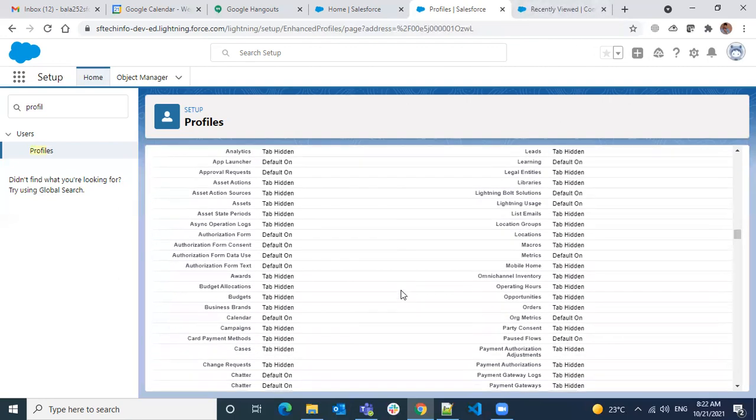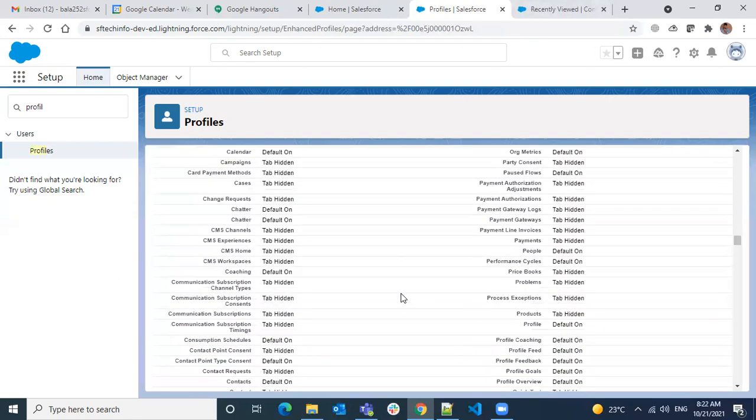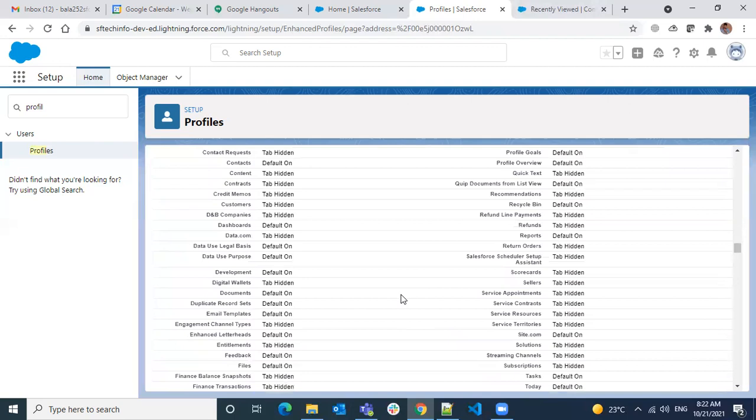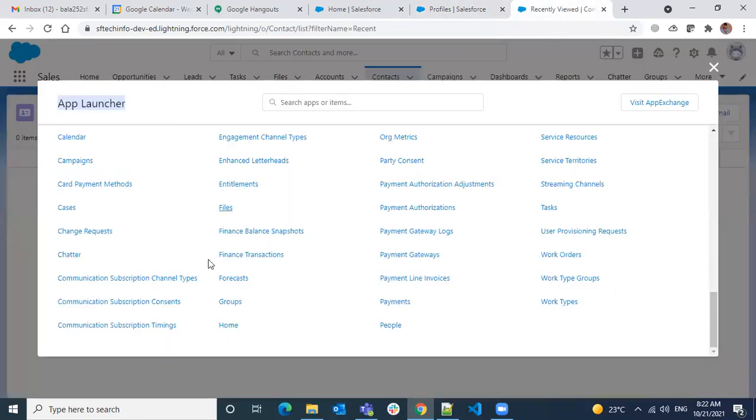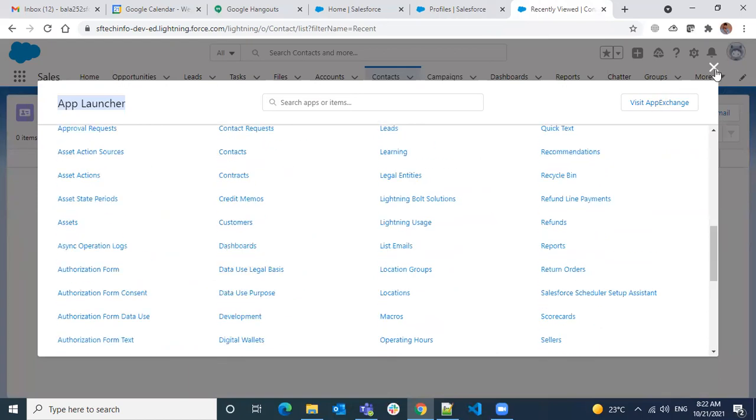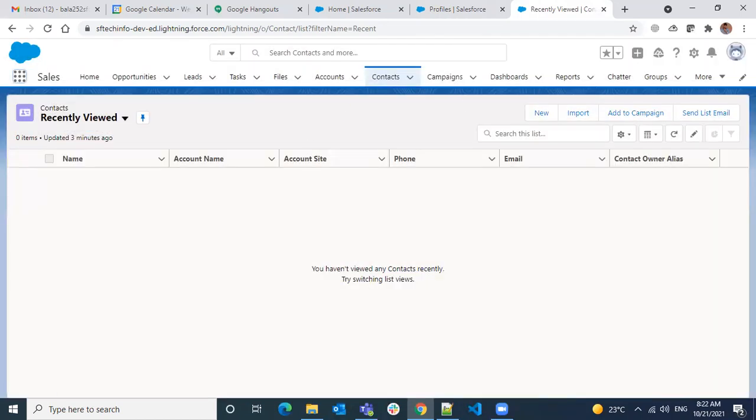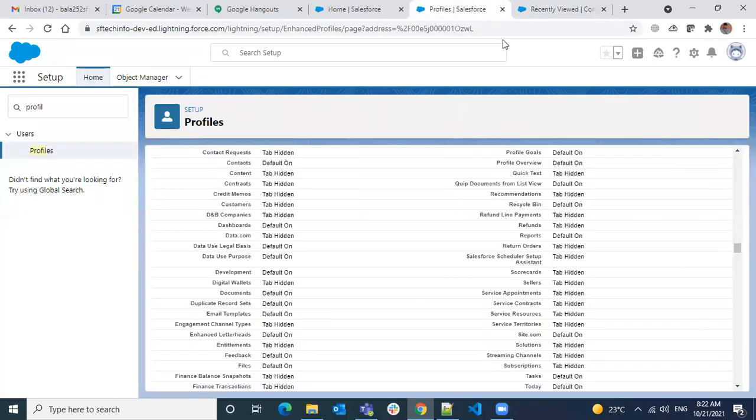Nowhere will you find the tab. That means you don't have access to it. So if you want to remove it, keep it as tab hidden. If you want to show it, there are two options, on or off. Off will add it only in the app launcher, nowhere else. If you use on, you can directly see it in the apps wherever you have added it.